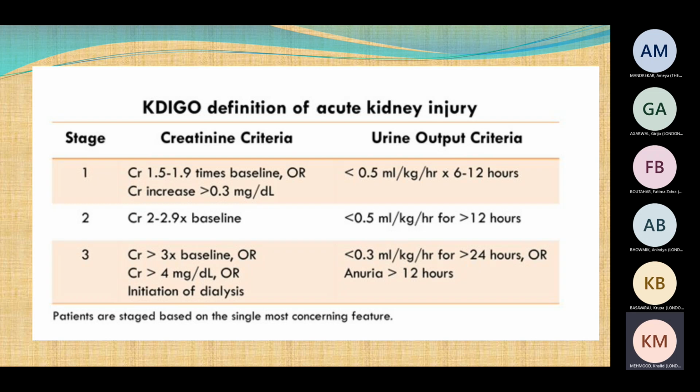For stage 2, if the creatinine is 2.9 times the baseline, and the urine output is less than 0.5 ml per kilogram per hour for more than 12 hours. For stage 3, if the creatinine is more than 3 times the baseline, or the urine output is less than 0.3 ml per kilogram per hour for more than 24 hours, or the patient remains anuric for more than